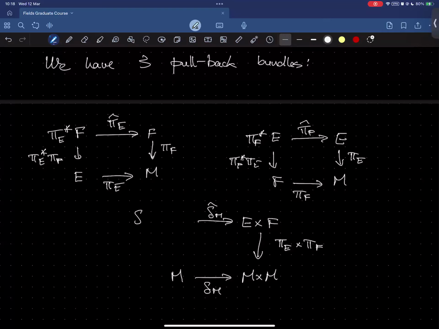And then here I have delta M star E cross F,